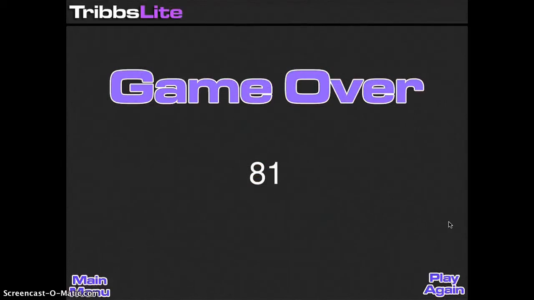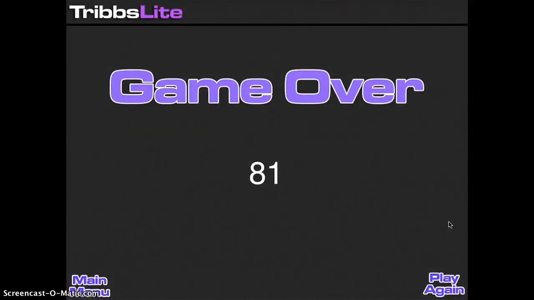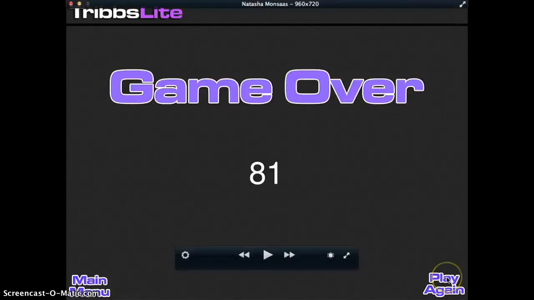As my game is over, a good idea for students might be to take a screenshot of what they have done by pressing the power button and the home button. This way, you can kind of keep some running progress of students' totals, whether you end up making a graph of these totals, whether they just go back and look at how they did each day or each time that they played.